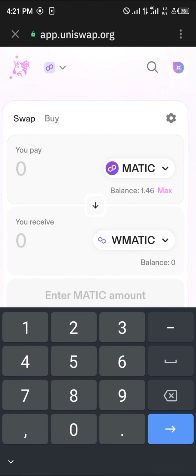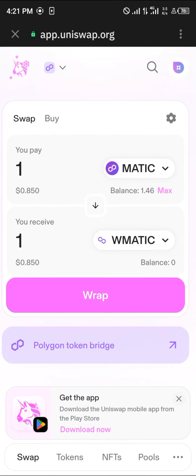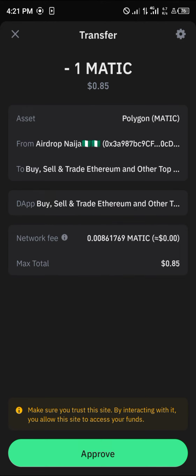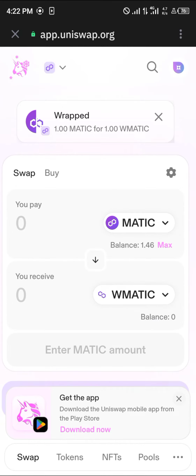So let's say I want to convert everything. Click on wrap, and you're taken to a menu where you simply enter your passcode and perform the transaction. So click on the approve option. Once you've approved the transaction, we're going to be getting some wrapped Matic. The transaction becomes pending, and once it's completed or verified, you can easily convert your wrapped Matic into